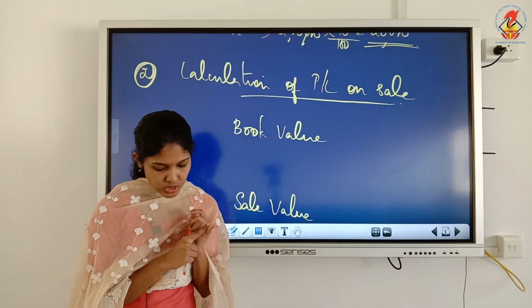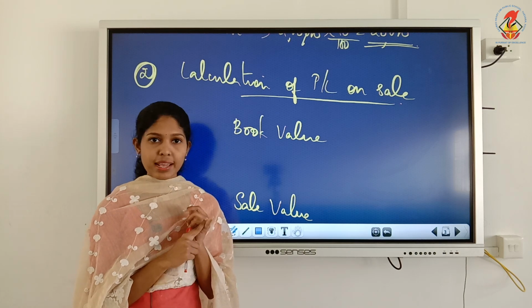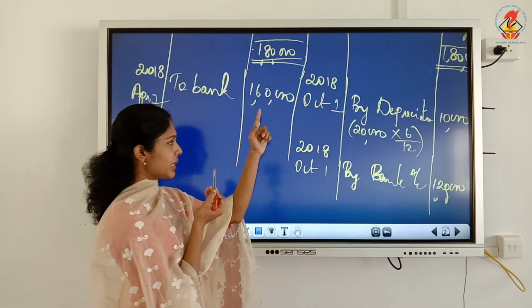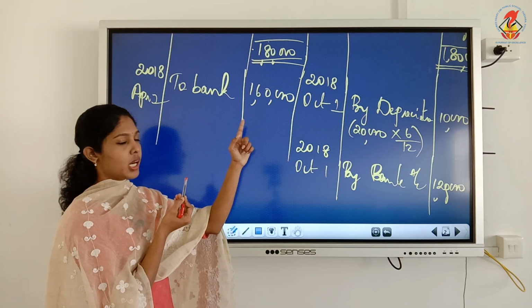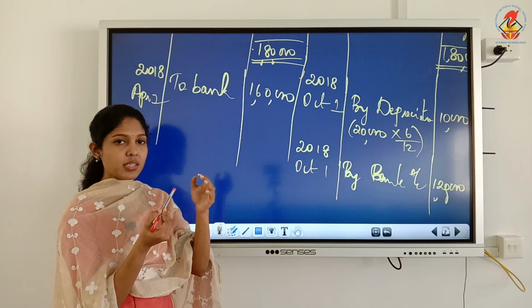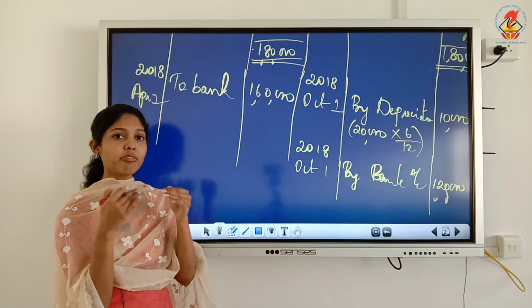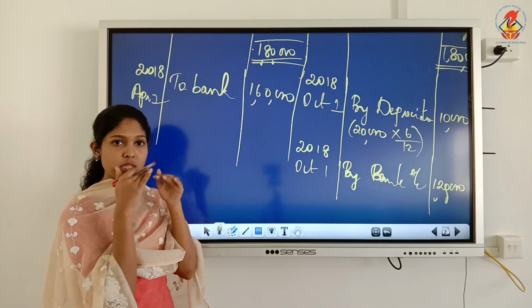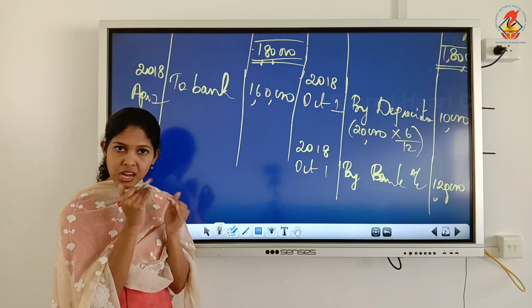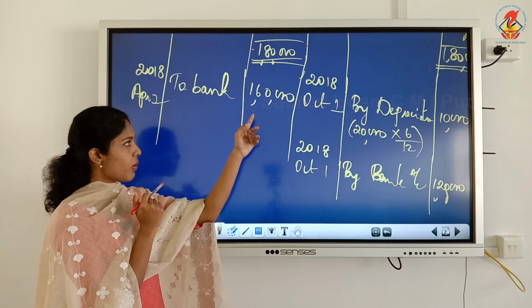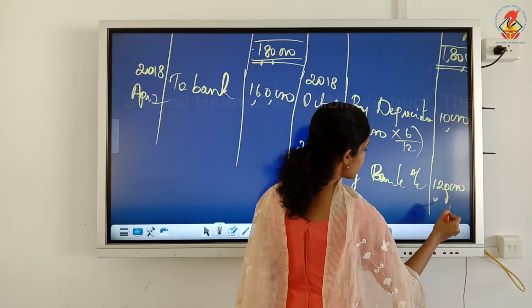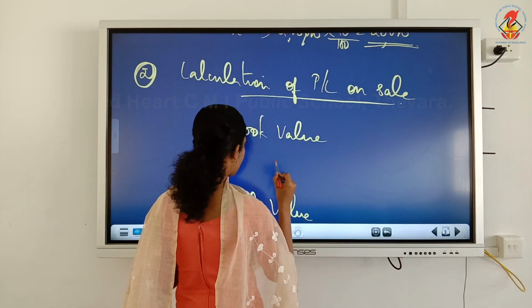Here the original cost is 1,60,000 because we are selling this particular machinery now. So for that the cost is 1,60,000 now. Cost means cost at the end of 3 years. What is the actual cost now? Don't take the first figure 2 lakhs. You have to take the current value. So the current value or the current cost is 1,60,000 minus depreciation is 10,000. So we can do the calculation.